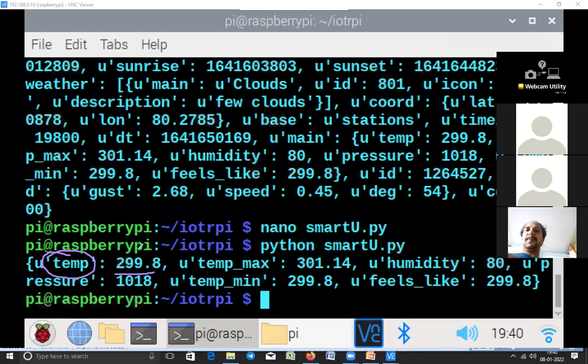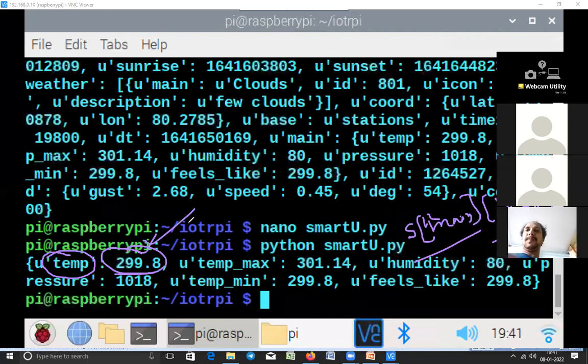To access this particular value, you have to specify this key. Temp is a key, right? So S of main contains this particular dictionary. Within the dictionary we want to access temperature, so specify here temp. When you specify here temp, automatically we get this 299.8 printed.